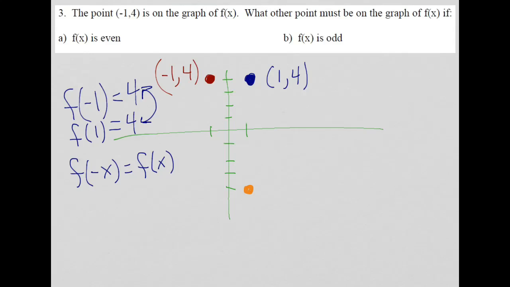This yellow graph went to +1, -4. So notice the yellow point, which is odd, the x and the y value were oppositified, and in the blue point up here, just the x value was